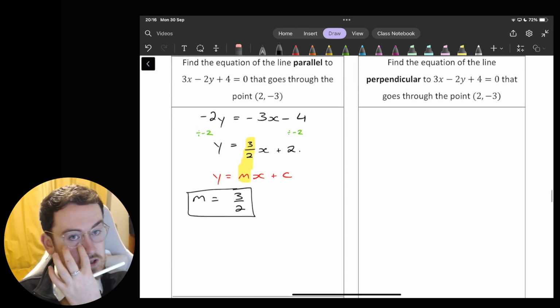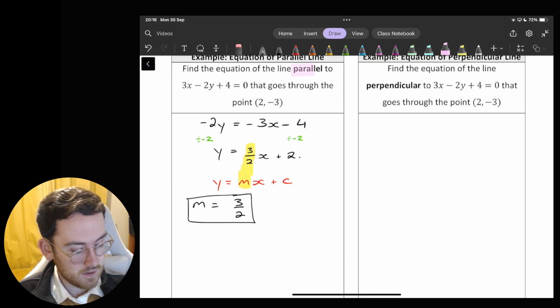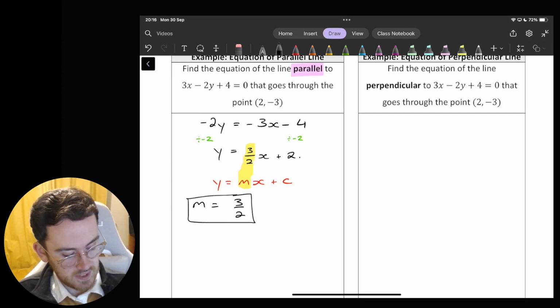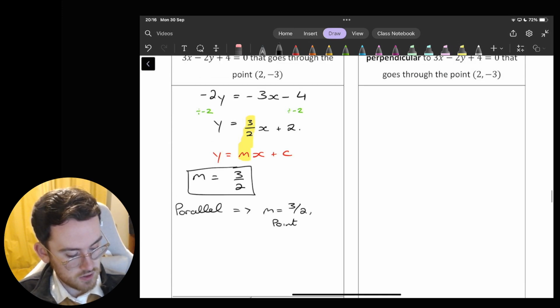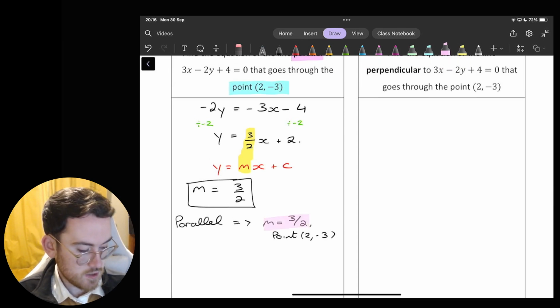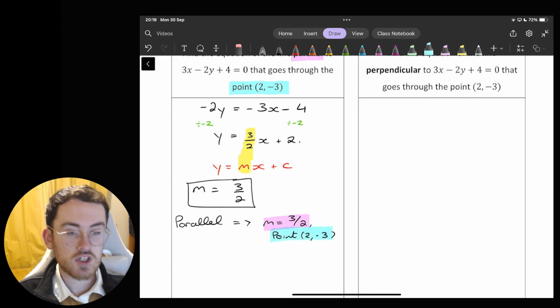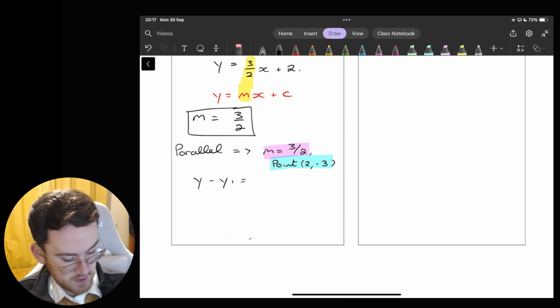The next thing we ask ourselves as we read the question, which says find the equation of the line parallel, is that parallel means I'm going to have the same slope. So since it's parallel, the slope for my line is still going to be 3/2, and the point that I'm going to use is the point mentioned in the question, which is (2, -3). So I'm using this slope so that it's parallel, and I'm using this point because that was the one given in the question. So using my equation of the line formula then, y minus y1 equals m(x minus x1),